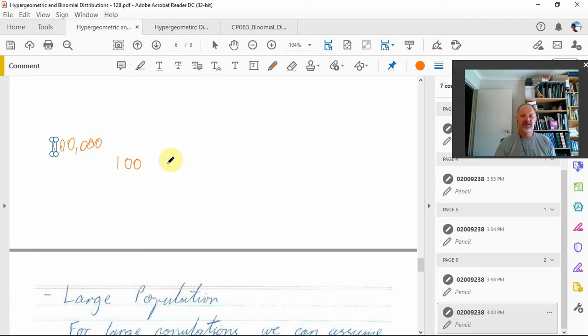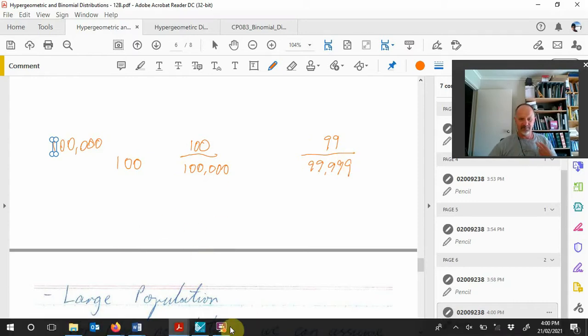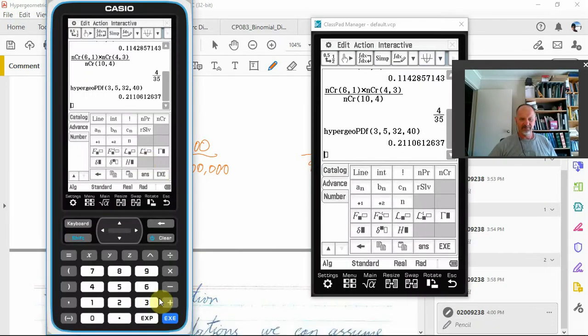So if I take that out, then it's 100 over 100,000. But if I now take one out and see what's left, that's 99 now out of 99,999. Now, if I have a look at those on my calculator, so 100 divided by